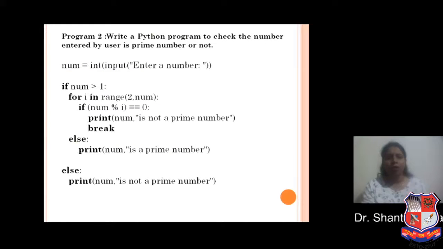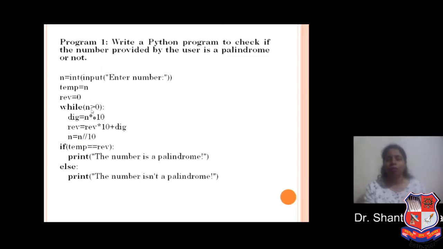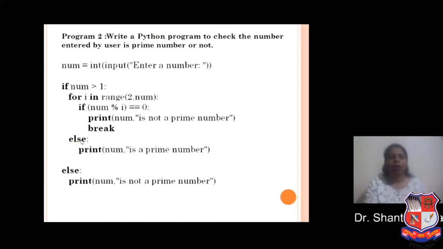Now let's discuss the second program, that is, write a program to check whether the number entered by the user is a prime number or not. To check this, first let's input a number from the user and check if the number is greater than 1.